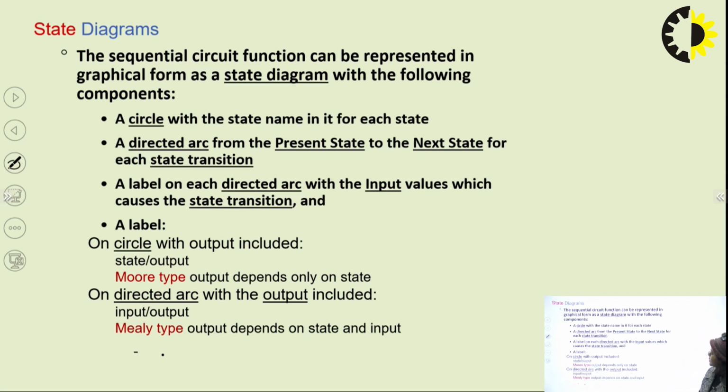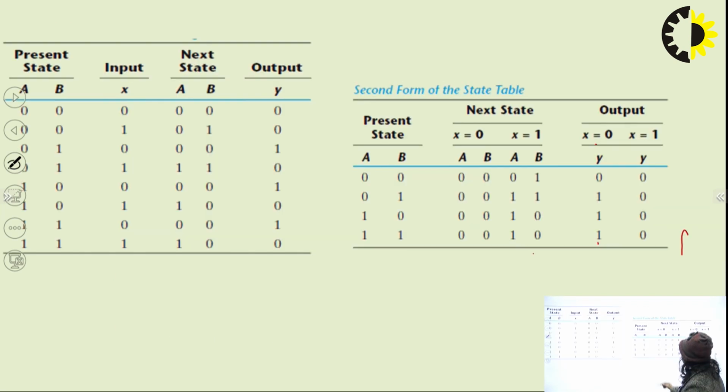Then a directed line segment from present state to next state shows the state transition, and each line segment is labeled with the input and output variables for that particular transition. So, here there are 4 states, so 4 circles will be there: 0 0, 0 1, 1 0